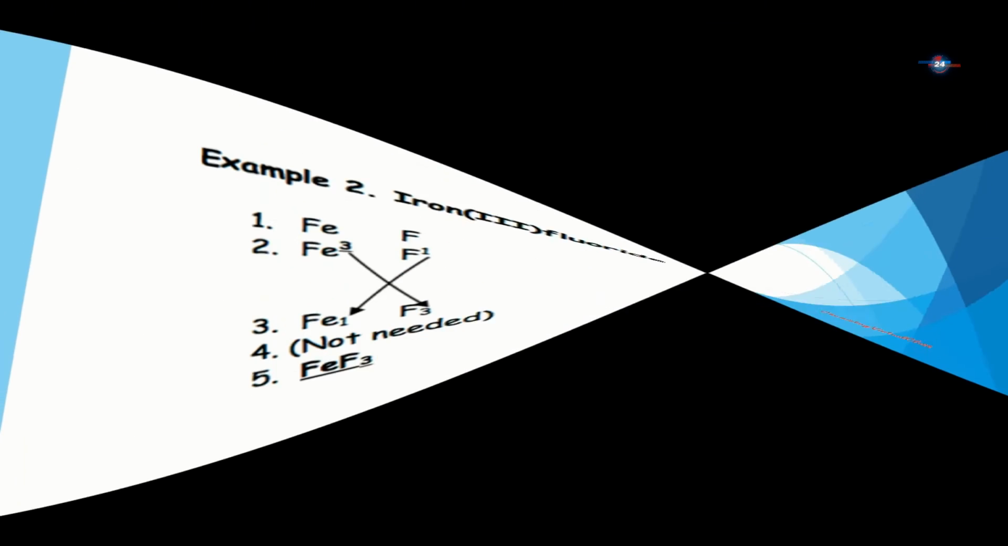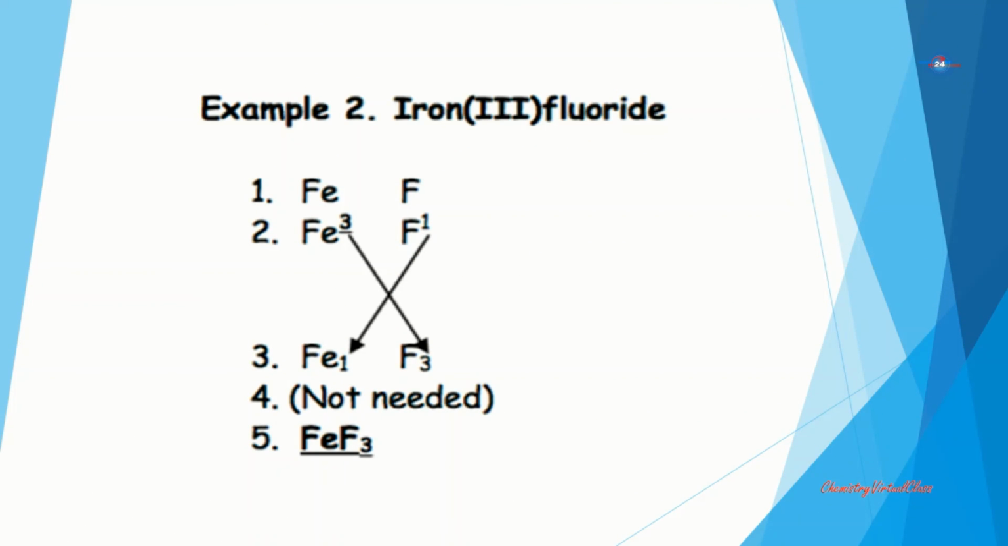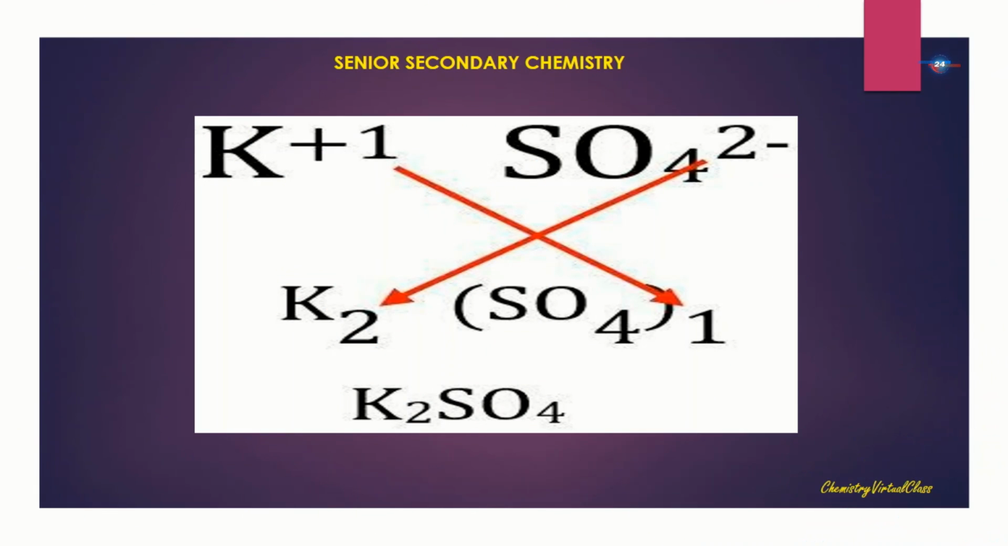FeF3. Iron 3 fluoride. FeF3. That 3 comes from iron. That is the valency of iron 3. Very, very important. Now, students, I hope you have understood how to write chemical formulas, how to swap the valencies